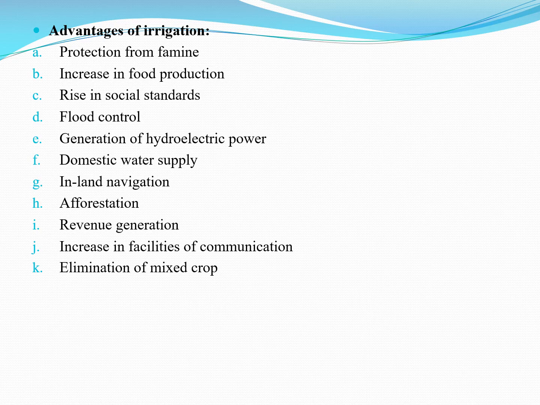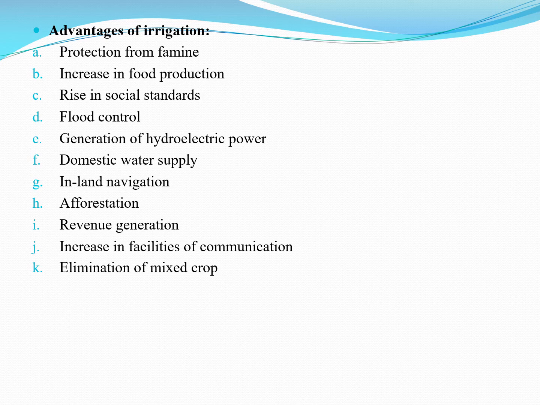Second advantage is increase in food production. It helps in increasing the crop yields, nearly 2 to 4 times more yield than dry farming. Means, in dry farming, we can provide 2 to 4 times more yield by providing an irrigation system. More rounds of crops can also be taken, and fish production can be developed in the irrigation tank.